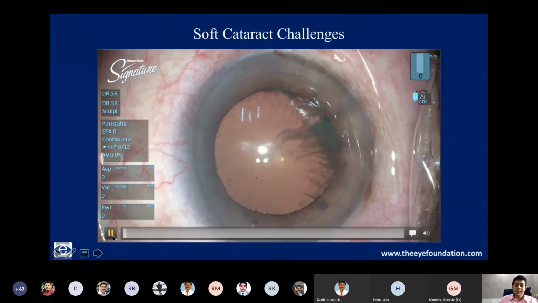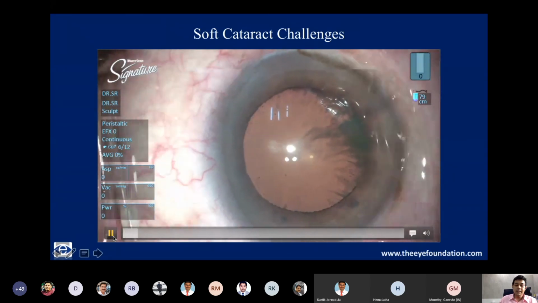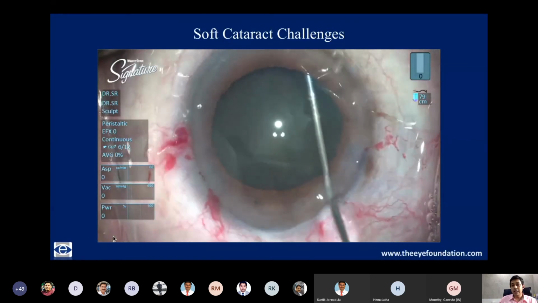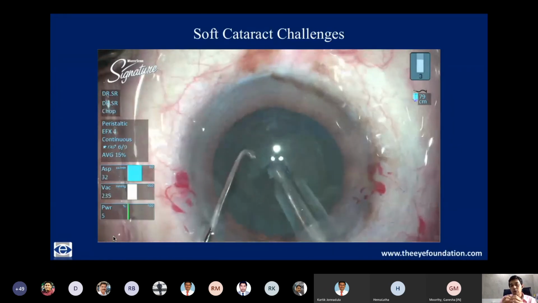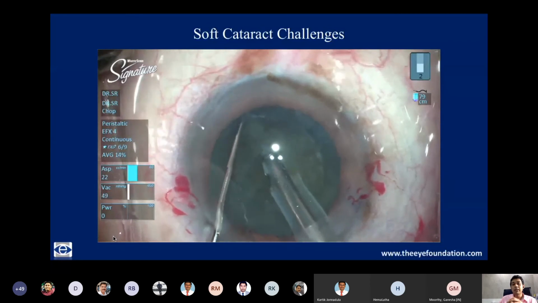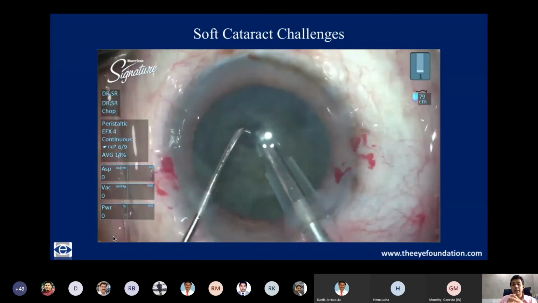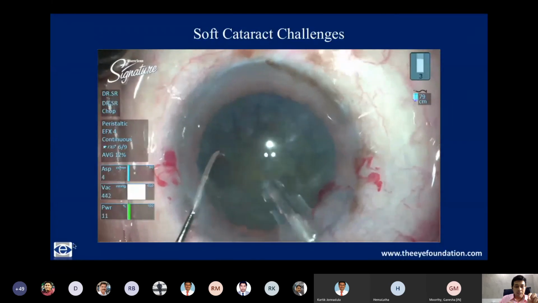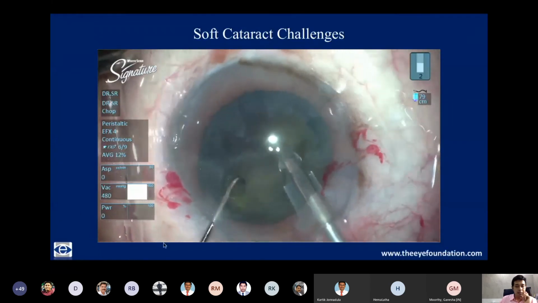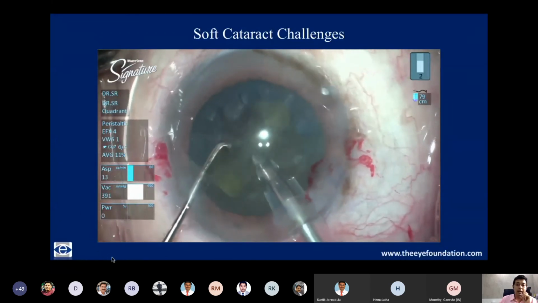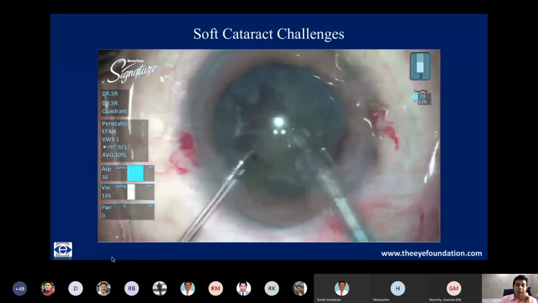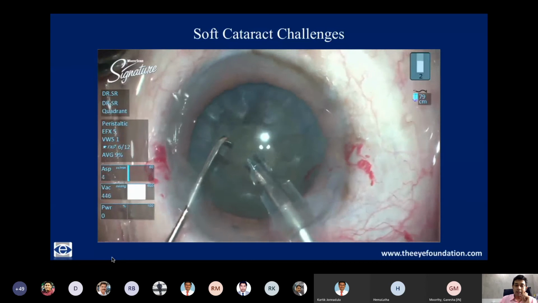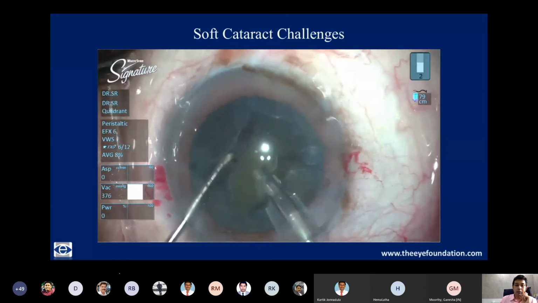So I like to do in these cases a hydrodissection combined with a hydrodelineation. And doing a hydrodelineation enables you to remove the nucleus even if the chops are not completely present or not completely adequate. And as you can see here, I'm using absolutely zero power, and all these chops are happening with just a high degree of vacuum. You can hold the nucleus with the high vacuum of 500, 550, which is the usual setting, and then there's hardly any power which is being taken when you're occluding.